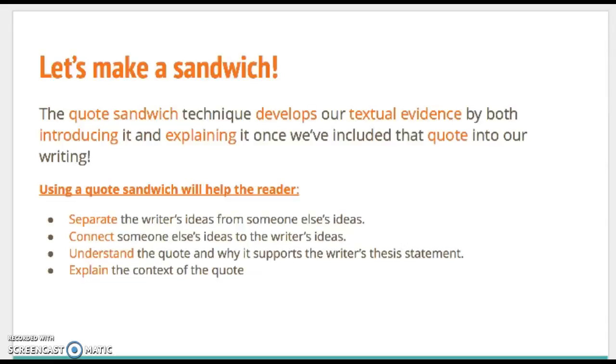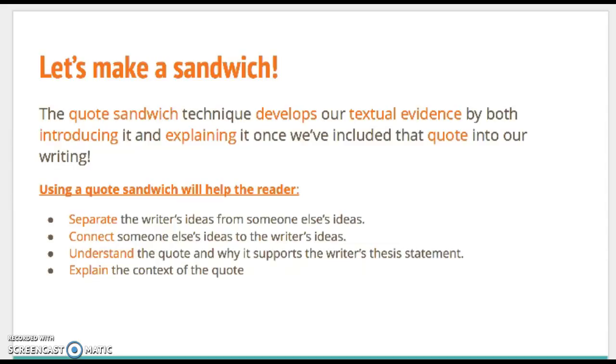All right, so we're going to take another look at how to use textual evidence and cite it effectively. Last forum, we talked a little bit about introducing our quotes, and now we're going to look at the technique called the sandwich technique. So the quote sandwich develops our textual evidence by both introducing it and explaining it once we've included that quote